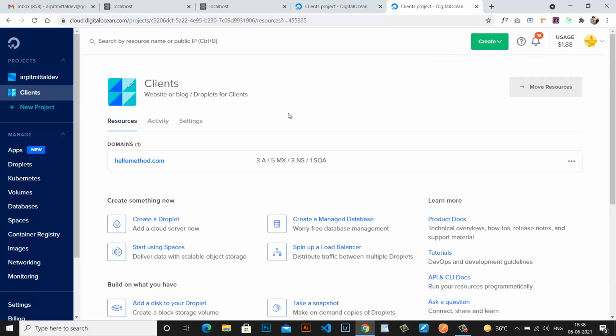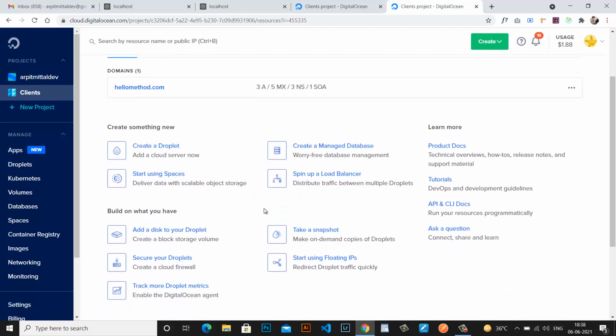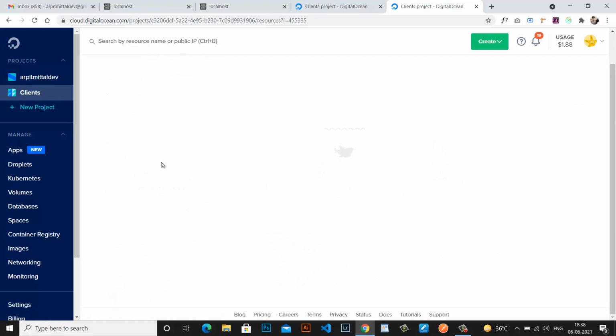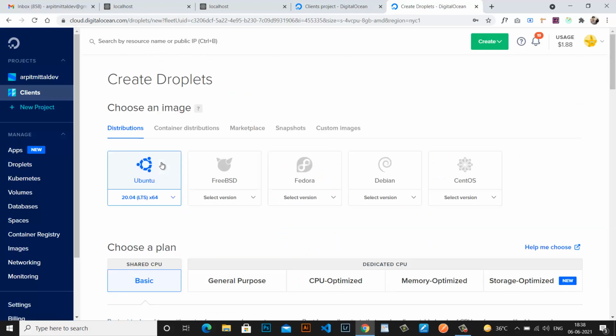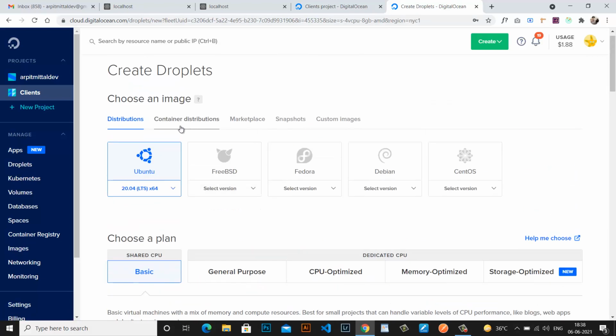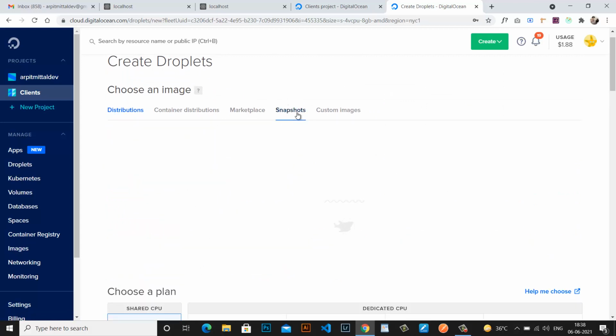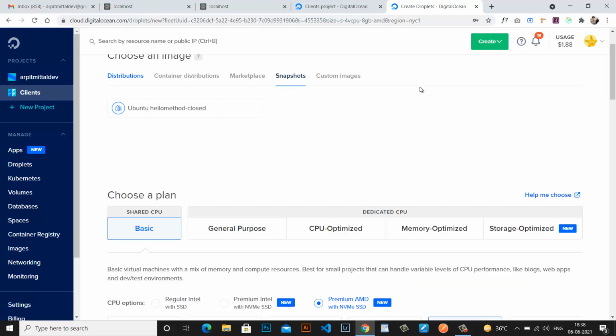So let's see how we can create a new droplet using the snapshot. You have to select the snapshots tab. From here you can select the Ubuntu hello method snapshot.